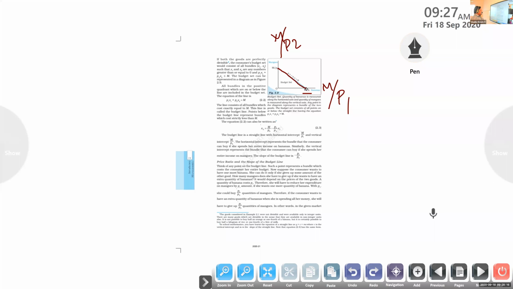Next, we are discussing the slope of the budget line. That also we know is always negative. Here, if you want to increase the number of products on the horizontal axis, I mean bananas, the number of mangoes on the other axis will decrease, so the budget line will come down. Is that idea clear? Hanna, Salim, is that clear? Yes, sir. Okay, so just keep that in your mind. That's what minus P1 divided by P2 is, the slope of the budget line.